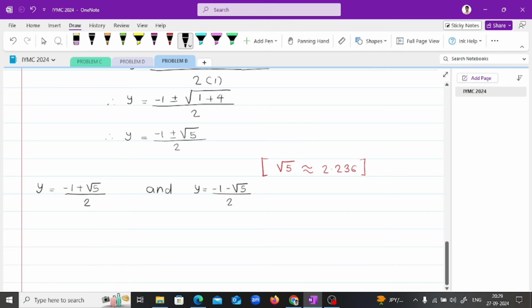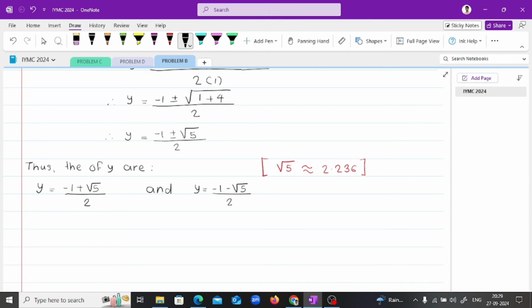I will write these two values under the category solution of y. Because we have a plus or minus sign here, there are two possibilities for y. The first one will be minus 1 plus root 5 upon 2, and the second one will be minus 1 minus root